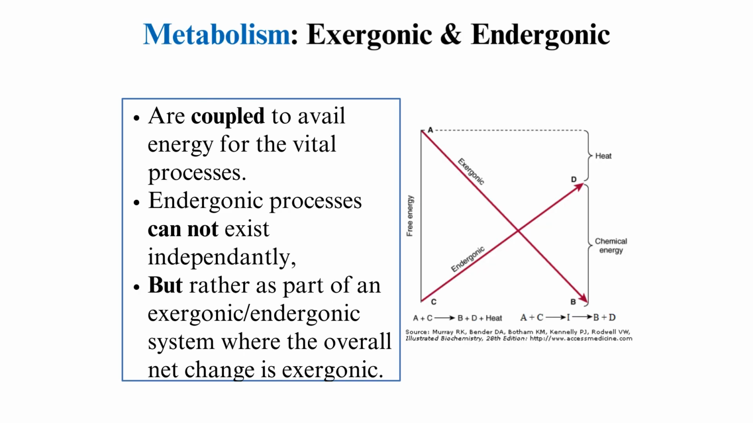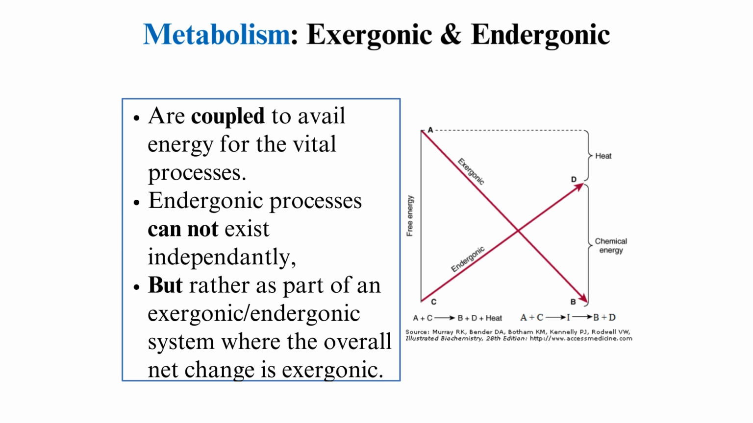In metabolism, the exergonic and endergonic reactions are coupled. Why? To avail energy for the vital processes. Endergonic processes, of course, cannot proceed independently. For example, a reaction to go from substrate C to product D is endergonic, so it needs to be coupled with another exergonic reaction whereby substrate A is changed to product B